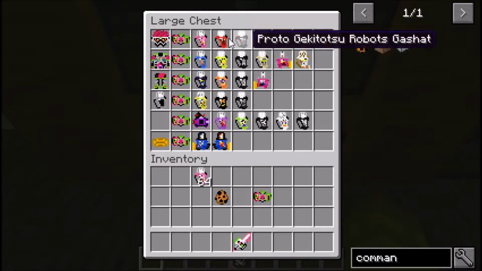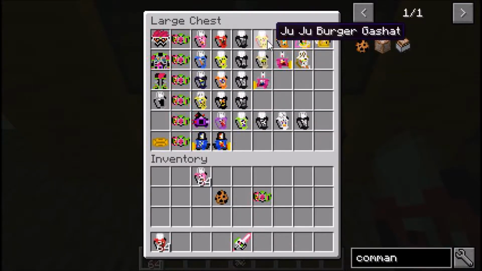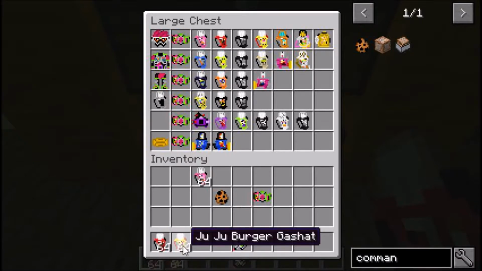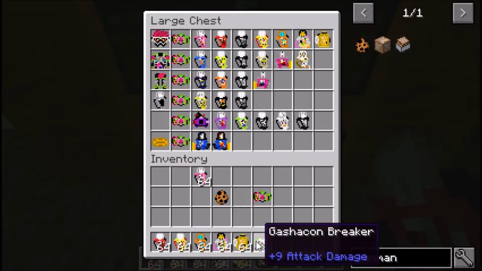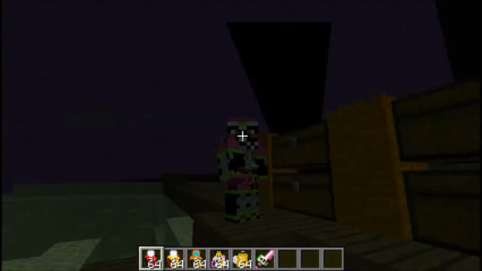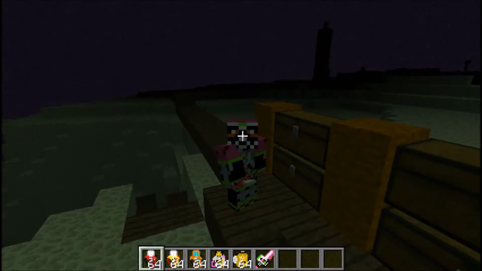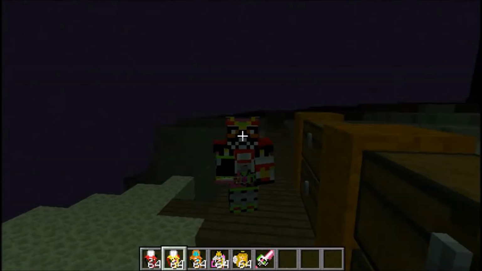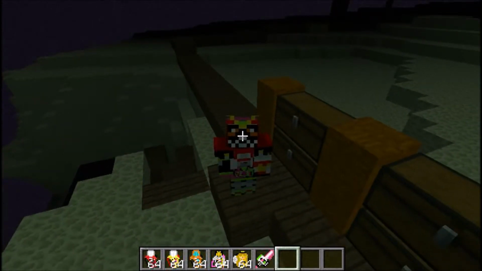But let's take a look at his gashet, starting with Gekitotsu Robots. I'm going to skip the proto ones for another rider that they make more sense for. Juju Burger, Mighty Brothers Double X, Maximum Mighty, and Hyper Muteki. But anyway, let's see. It's Dai Henshin to go into this. I think it's Dai Henshin into his Robot Gamer level 3 form, who does have this one big bash stuff